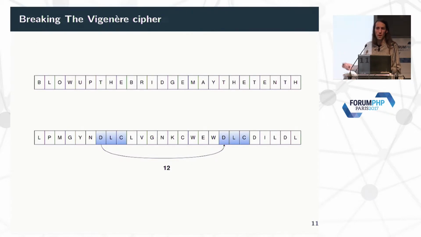So in order for them to appear 12 apart, the keyword's got to be a multiple of the length of the keyword. That leaves us with 2, 3, 4, 6, or 12 as possible lengths. Obviously, with a longer message, we'd see more repeat sequences, and that would help us narrow down what the length